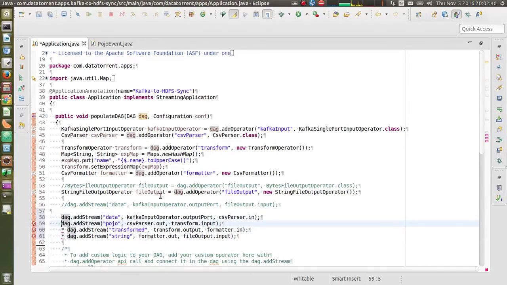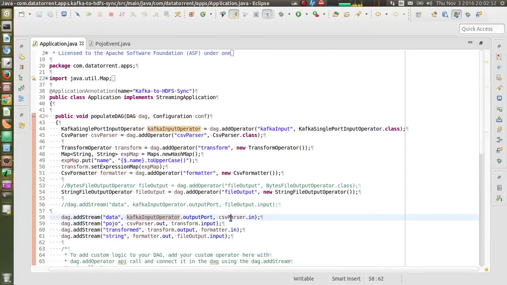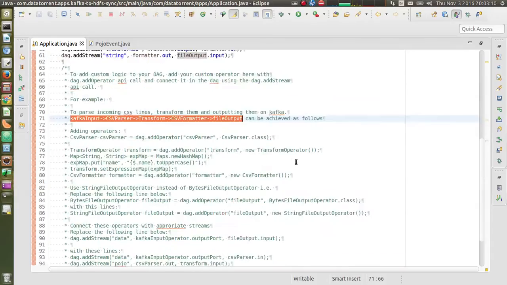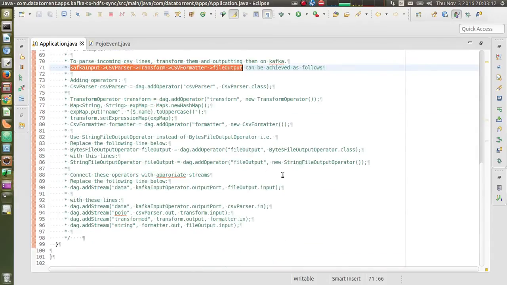So if we look carefully in these 4 lines, we are saying that Kafka input is now connected to CSV parser, CSV parser to transform, transform to formatter, and formatter to file output, and that is what we want, right? So that's about it.